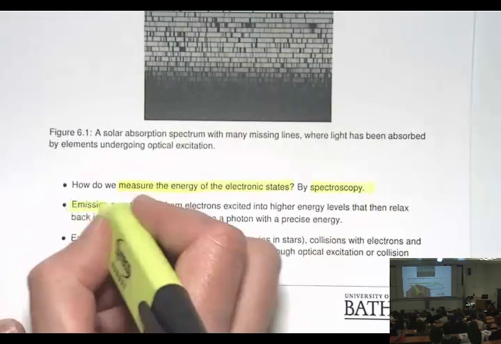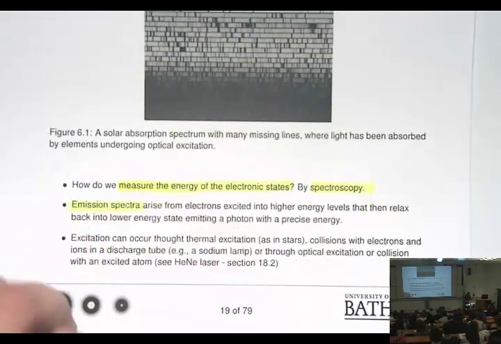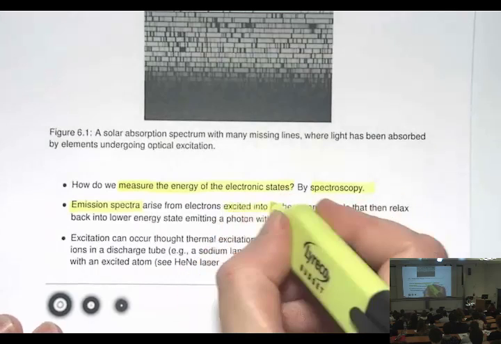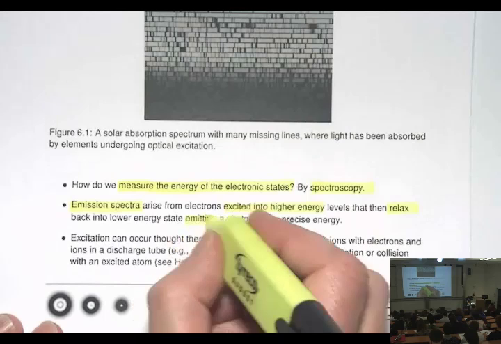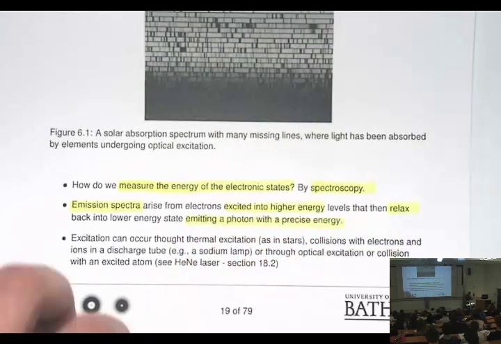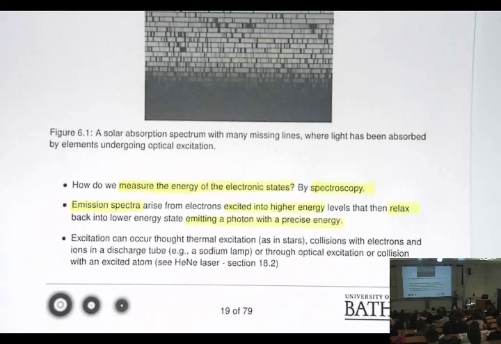We can do emission spectroscopy. We're going to excite our atom, take our electron from the ground state, the n equals 1 state, and put it somewhere very high up. Eventually it'll drop down and emit a photon. So we excite into a high-lying state, it then relaxes, and it emits a photon with a very precise energy based on the energy difference between those two states. You can't have any old energy. It has to be